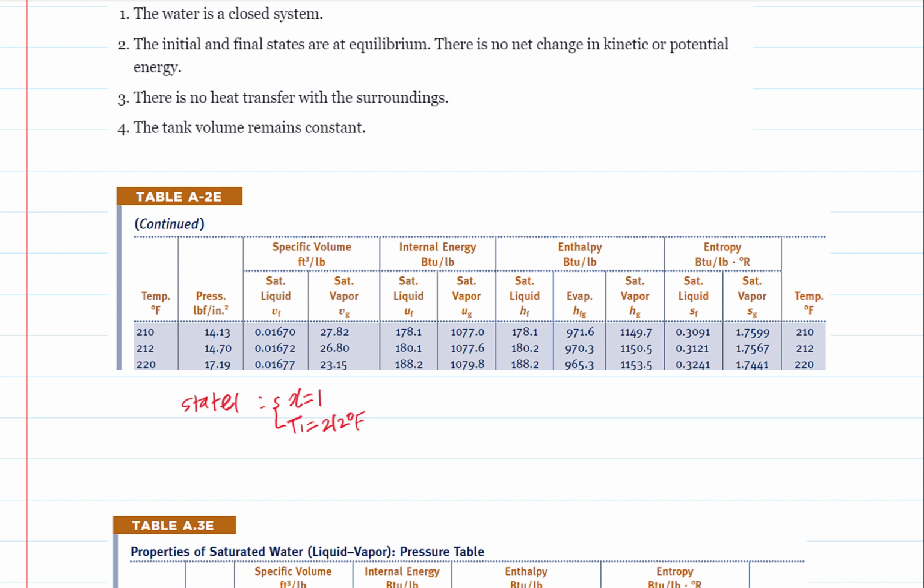This is the saturation table for water. At 212 degrees Fahrenheit, the specific volume of saturated vapor is 26.80 cubic feet per pound, and the internal energy of saturated vapor